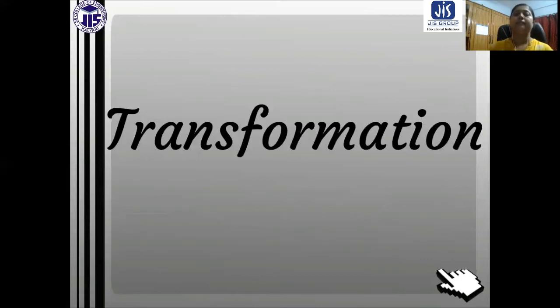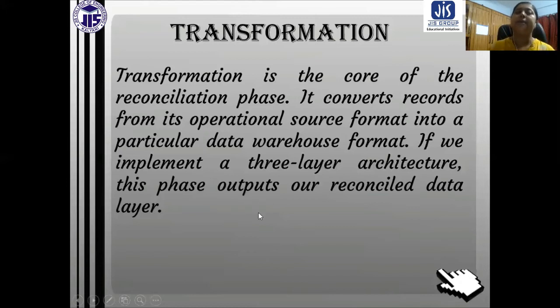So after extraction, we have transformation. This is the second step. So what is transformation? Transformation is the core of the reconciliation phase. It converts records from their operational source format into a particular data warehouse format. If we implement a three-layer architecture, this phase outputs the reconciled data layer.